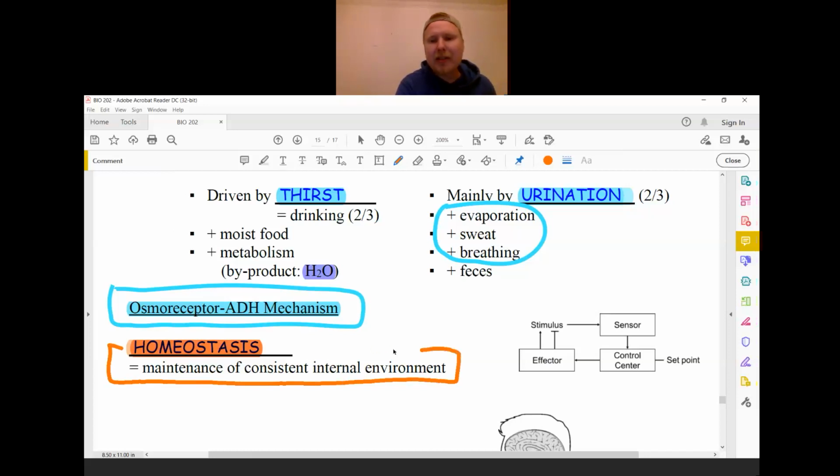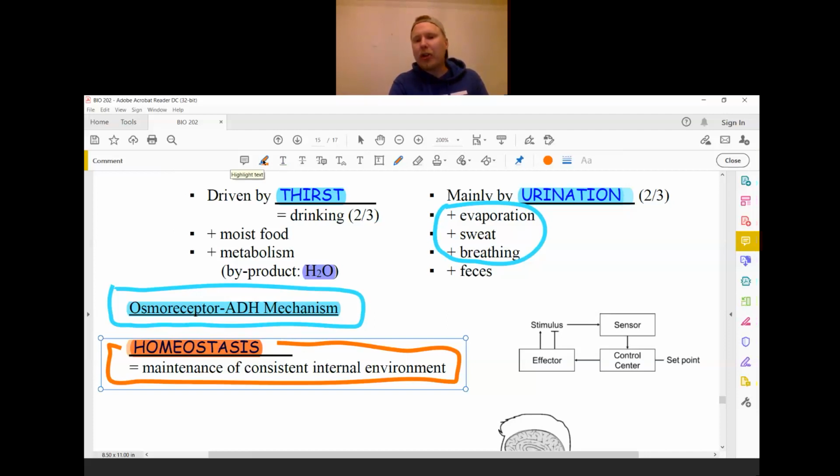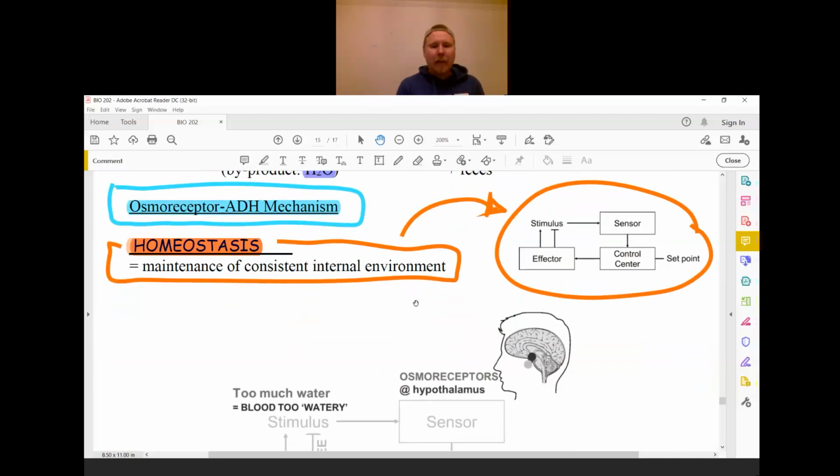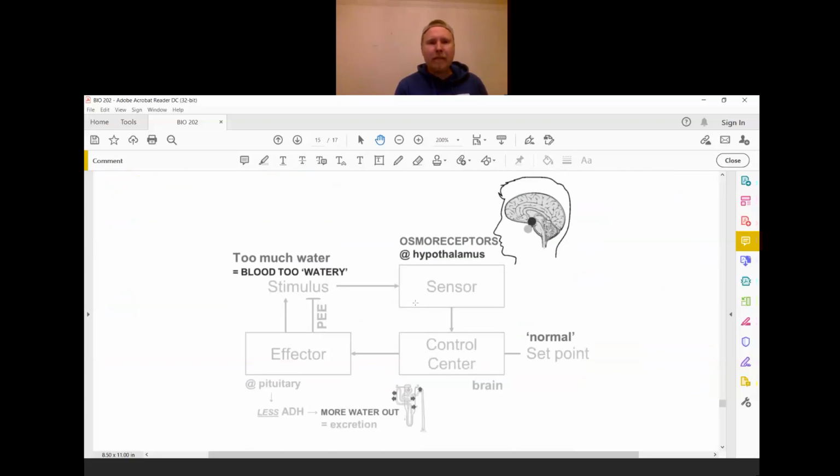So this homeostatic mechanism loop, which I provided a short visualization of here, can be used to explain also this osmoreceptor ADH mechanism, which is a rather complex process, but we're able to cover it very simply by using this diagram. So that's why I was so big on let's learn the basics well, so we can apply them as we need. So let's start by looking at a situation where we have